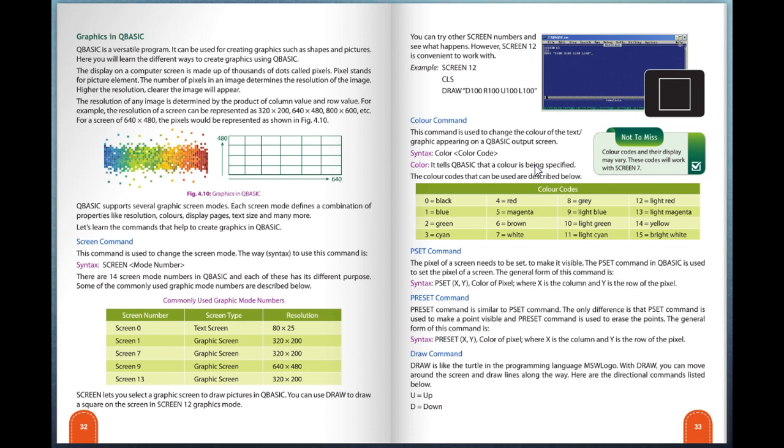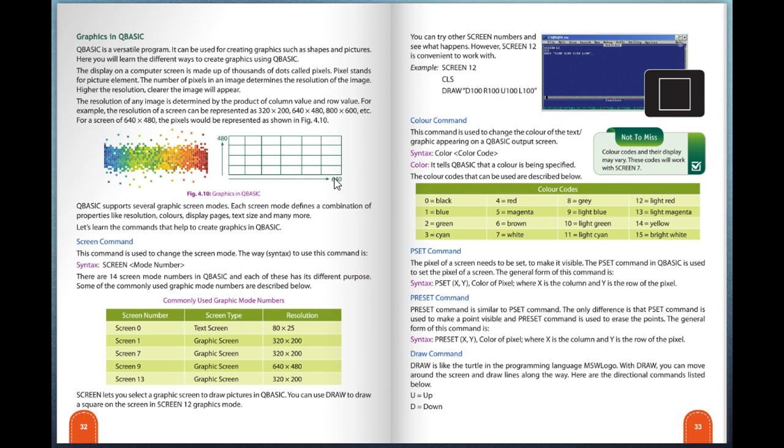The resolution of any image is determined by the product of column value and row value. For example, the resolution of a screen can be represented as 320 x 200, 640 x 480, 800 x 600, etc. For the screen 640 x 480, the pixels would be represented as below: 480 rows and 640 columns.